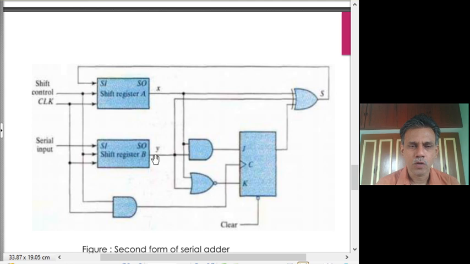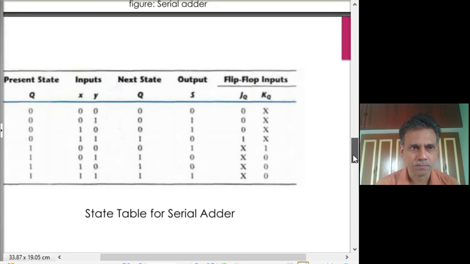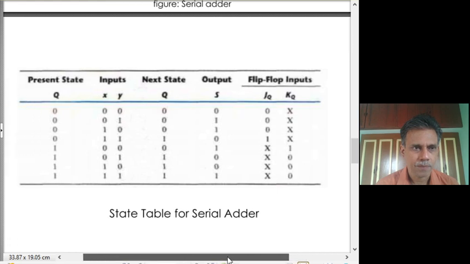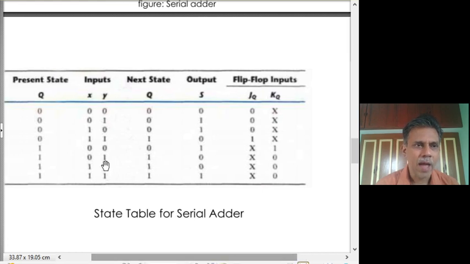So to implement it, let's see how the addition needs to be carried out. That we would see in the form of this truth table. You have a present state that stores the possible carry that comes out of the previous bit addition. So it can take 0 or 1. There are the two inputs X and Y, which are the bits of the A and B registers to be added. To begin with, X and Y will be the LSBs, at the end they will be MSBs. One bit at a time we are taking and adding.